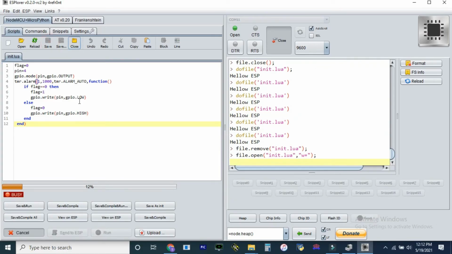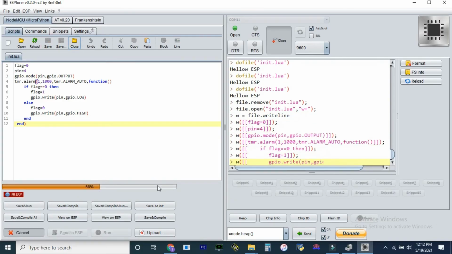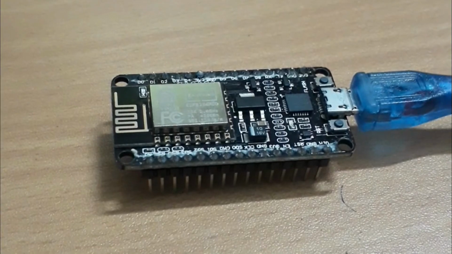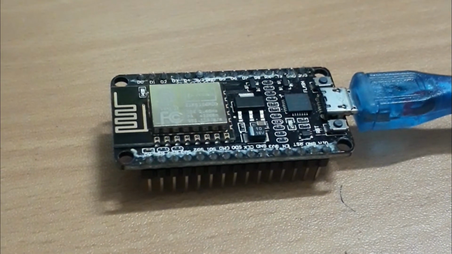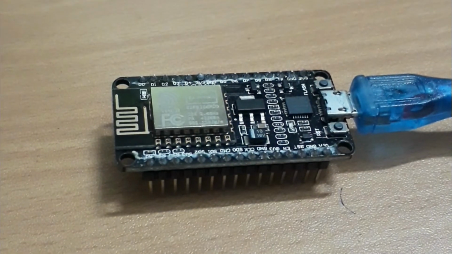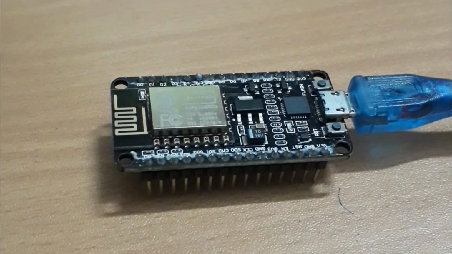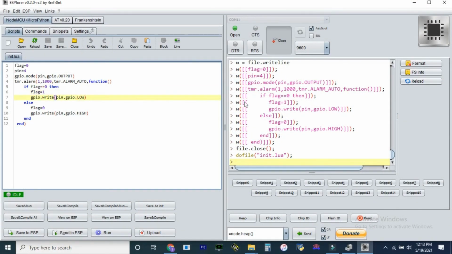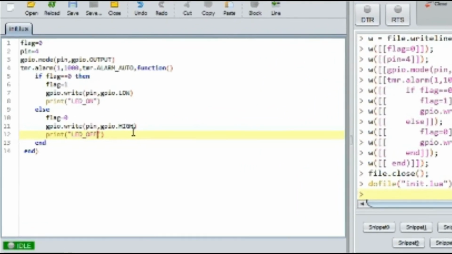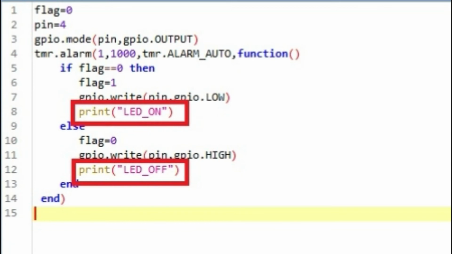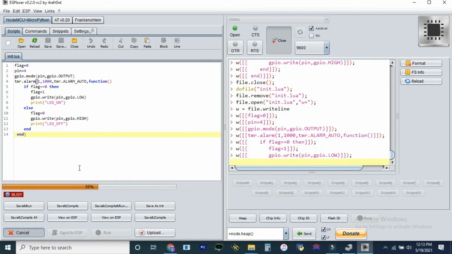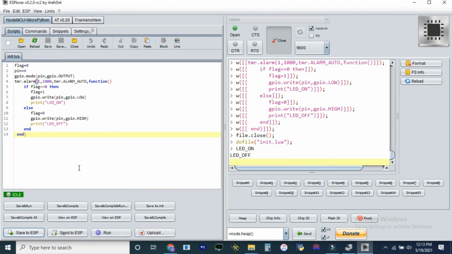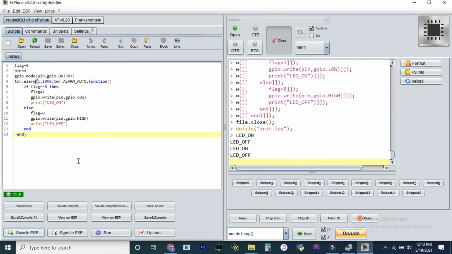Okay friends, next we are going to flash the code into the ESP8266 and check the onboard LED. As you can see, it is blinking. Before winding up, I am adding 2 more lines to our code. Type 2 lines of printf code to show the LED status so that we can see the LED status in the output console also.